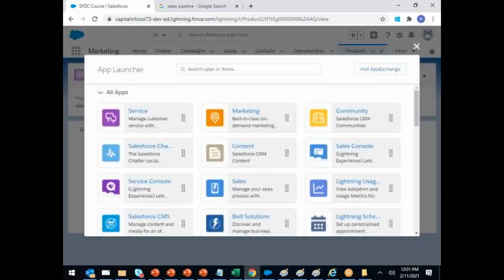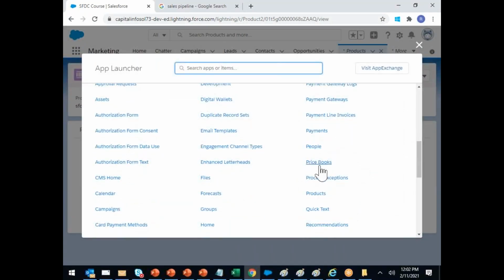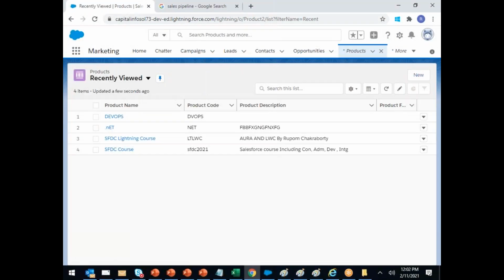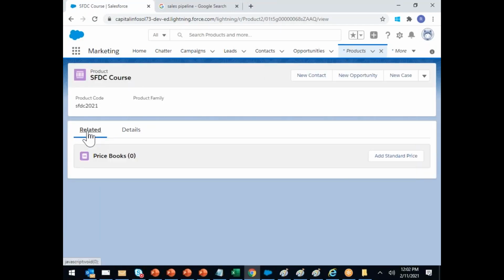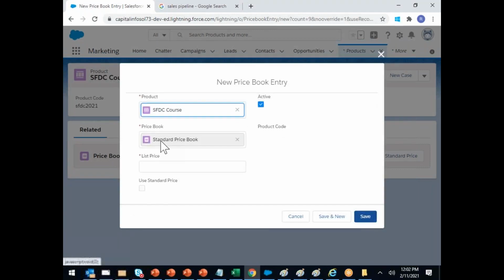Open the product, view all, go to product. Open the product, Salesforce. Click on related. Click on add standard price.